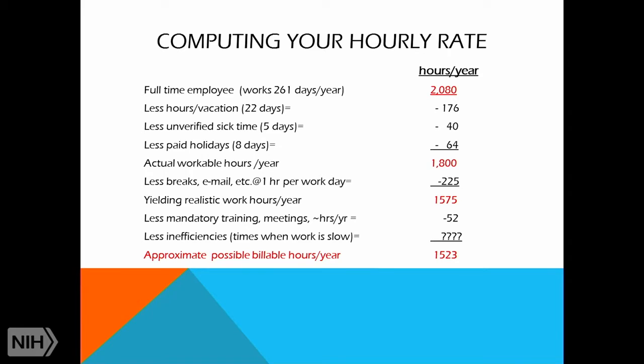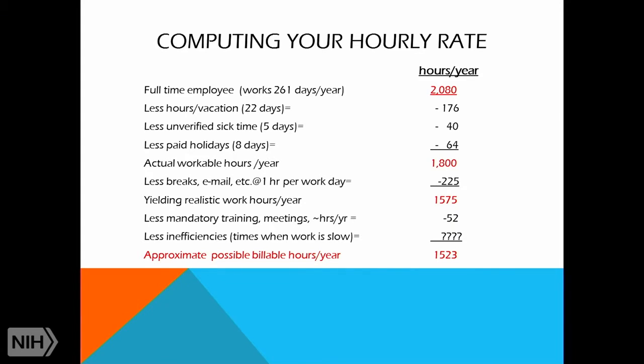because I think people probably use an hour a day to work on their email, get caught up so they know who needs what, answer questions. So I took that out. And then I also took out an hour a week of mandatory meetings, and that's probably too many. But we sometimes have coordinator meetings that are once a week. Then there's meetings they have to attend to have certifications in lab and processing, stuff like that. So those are all things that you can kind of consider. That gets us down to 1,523 hours in a year that are workable.